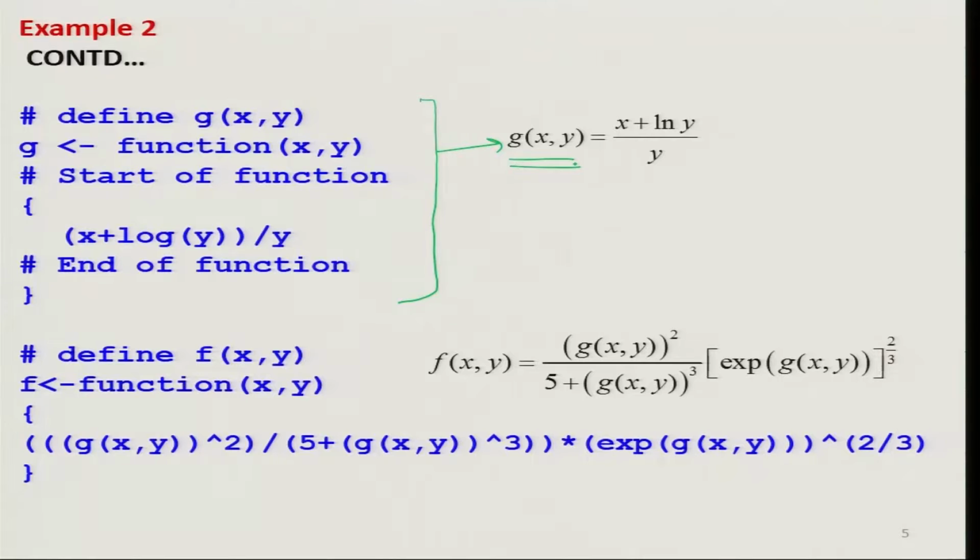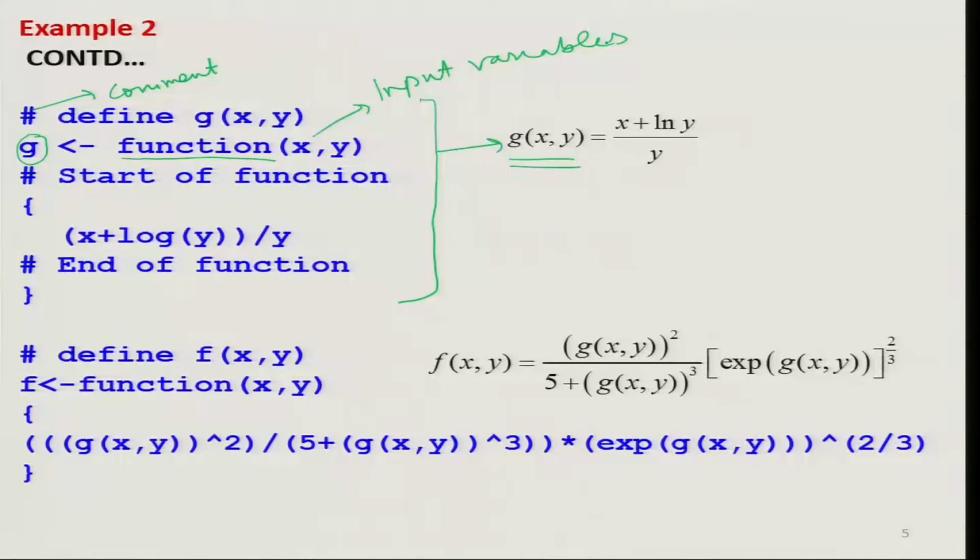So here this is my comment, because this will help me later on to remind me that I was trying to compute the function gxy, and I try to give this function a name which is more sensible, that is g, and then I try to define this function. So I try to write down function, and inside the argument I try to write down all the input variables separated by comma,